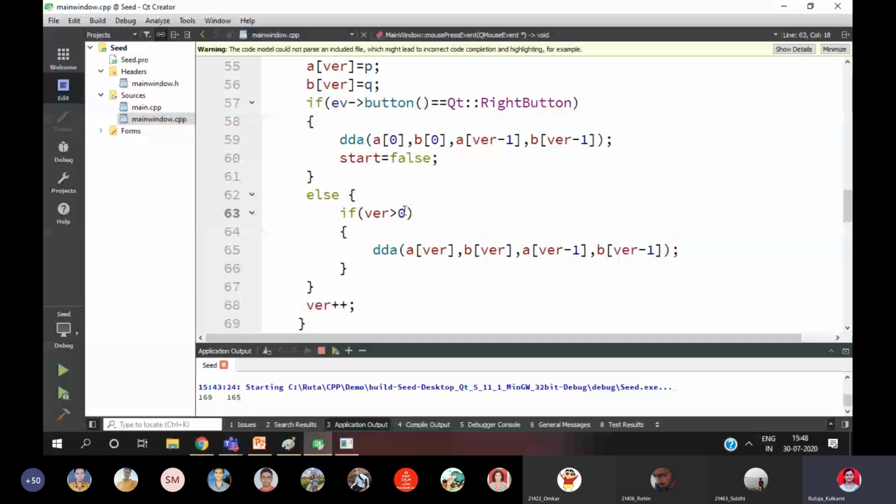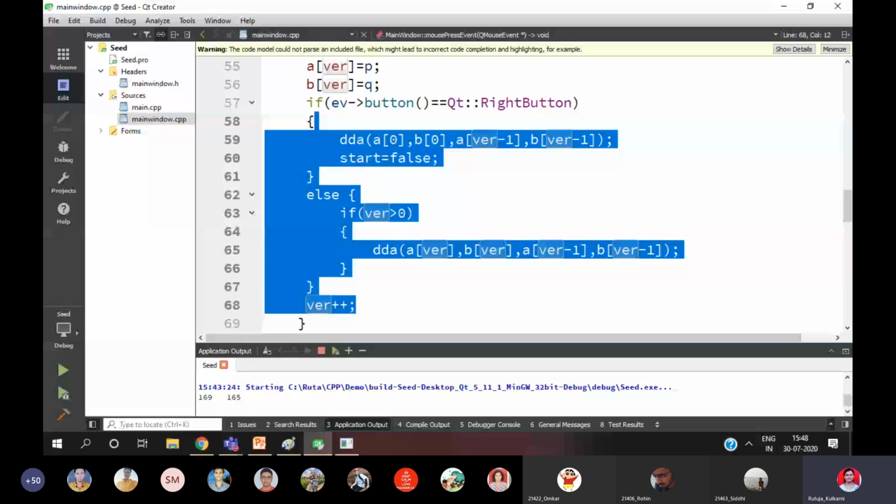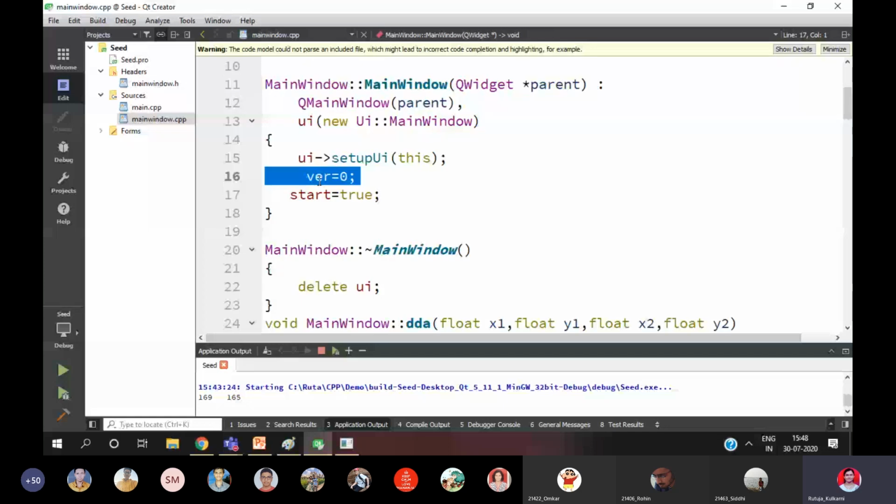Without that, you can't draw a line. Currently, VER is at 0, right? I initialized it in the constructor. I will show you. This is where I initialize the index. I is equal to 0 or VER is equal to 0, and start I initialize to true. So currently I am at 0 itself, so I can't draw a line.